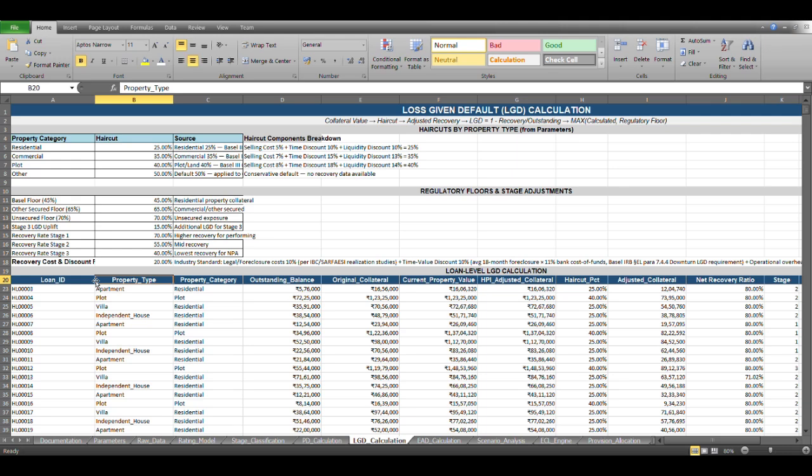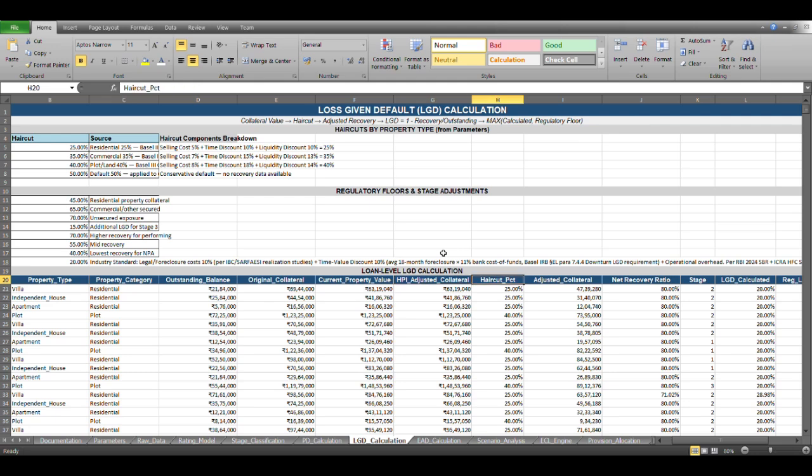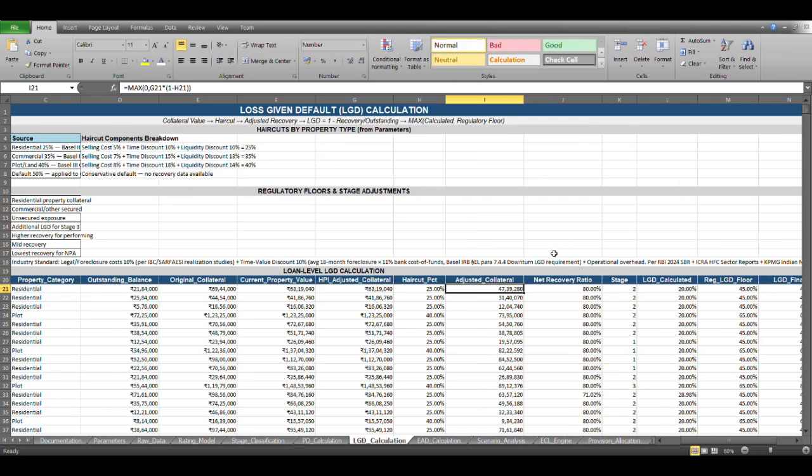So if you look at the loan level LGD calculation table, first we have the loan ID, then the property type, the property category, the outstanding balance, the original collateral, everything pulling from the raw sheet, and the current property value as well from the raw sheet. Then the HPI adjusted collateral, the haircut percentage, and the adjusted collateral using this haircut, right?